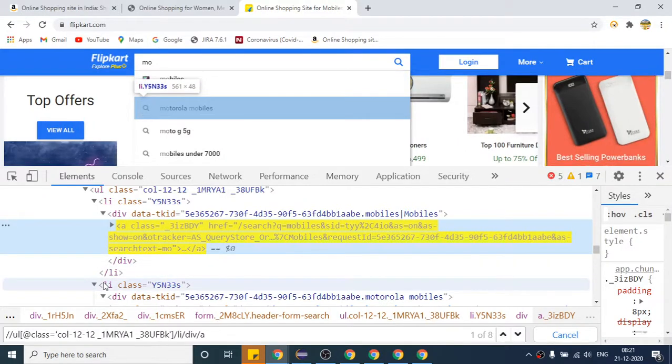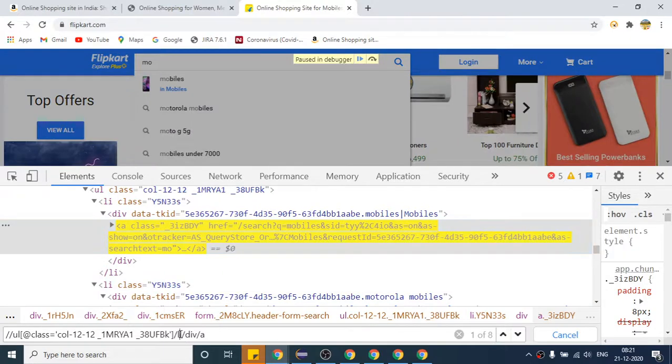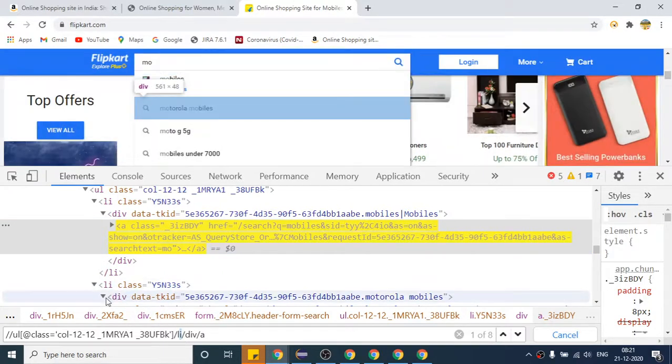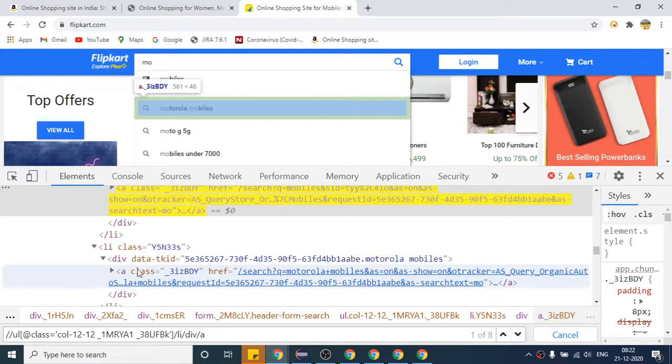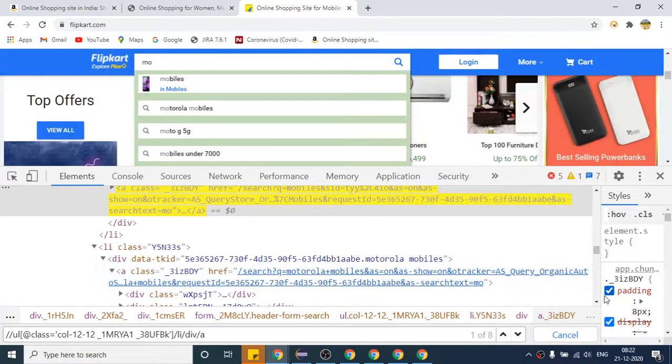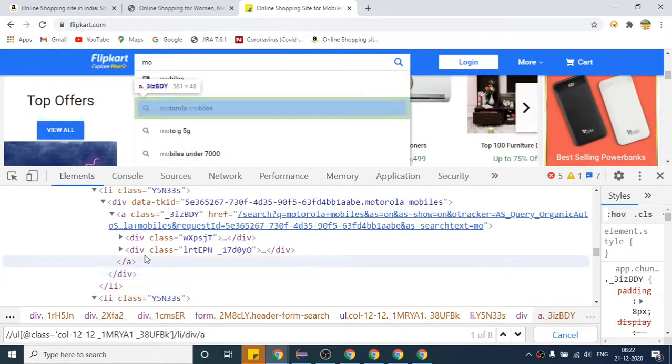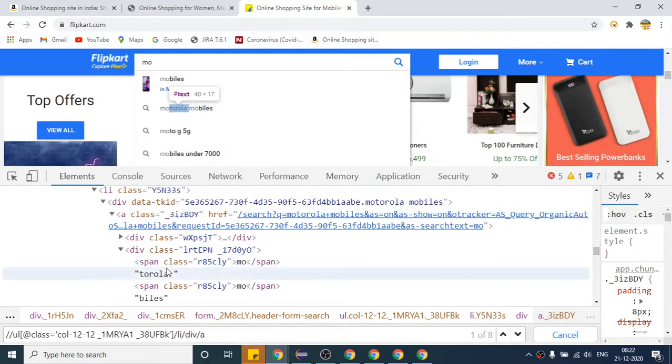you can see for the second one, if I talk about this second one, it will also have li tag, and after that div, and if I come down again, it is showing me one more a, and inside that a there are again the two div children, and if I again expand this, this is how they have designed, right? Motorola mobiles like this.